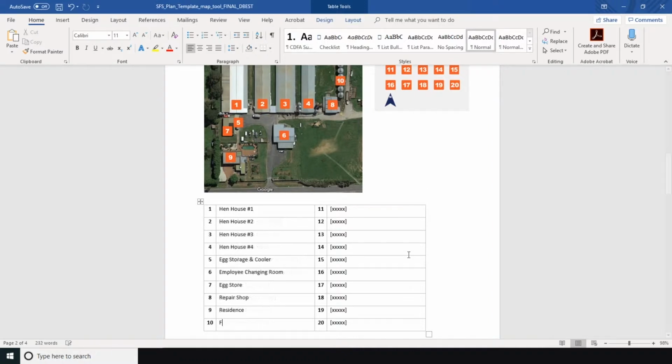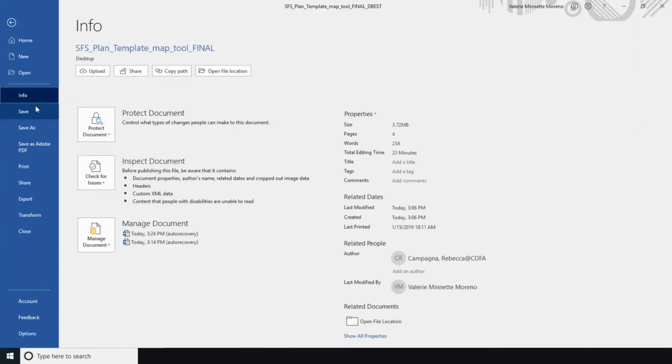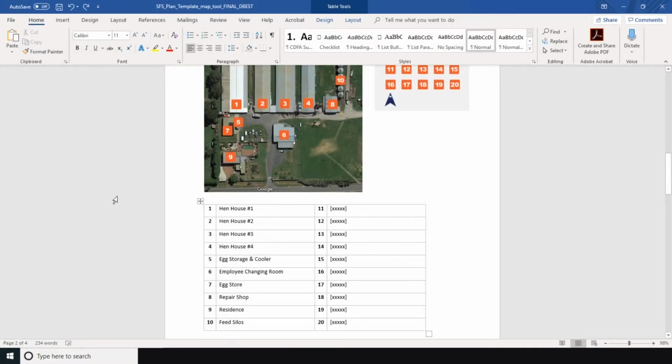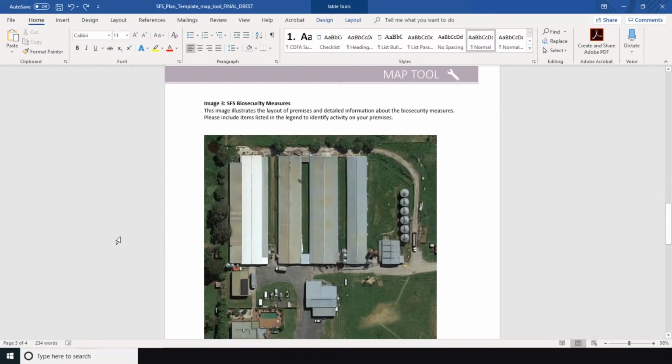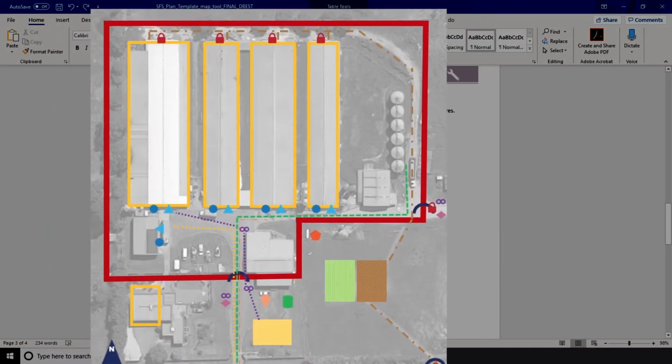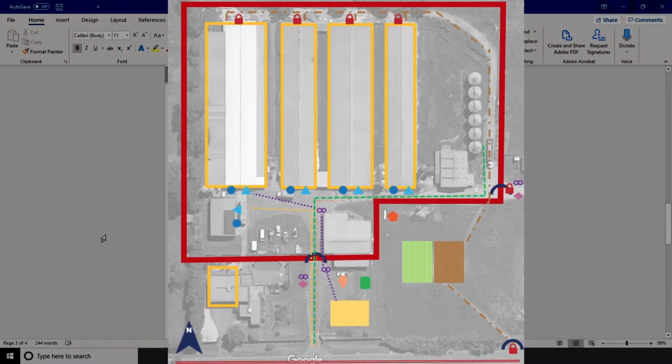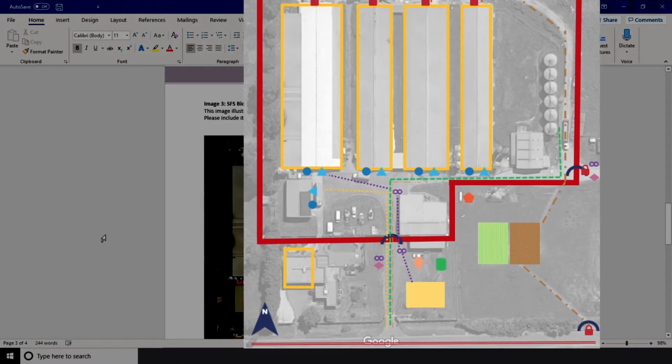If you have more than 10 structures on your premises, use the additional orange squares in space in the table. Save the file again. The map in Image 3 will be used to identify your secure food supply enhanced biosecurity measures. You will be placing provided icons on Image 3 to show where each of the structures are located on